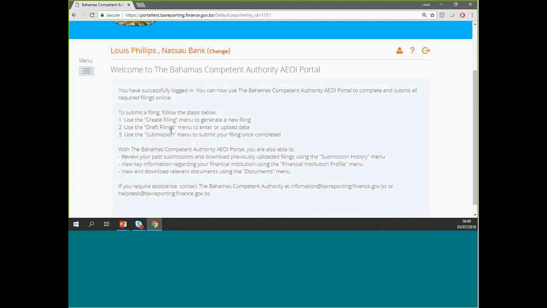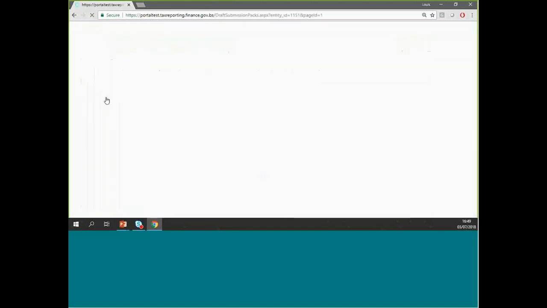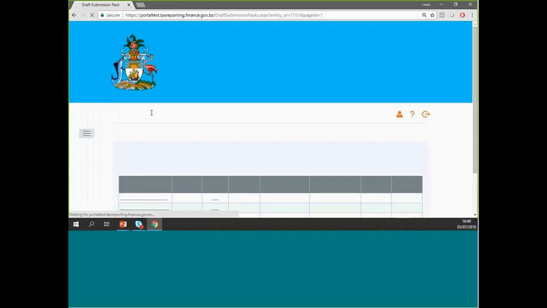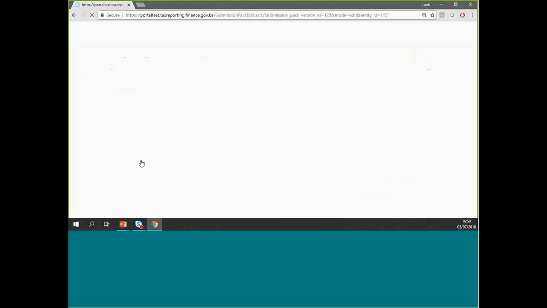So I have one prepared already, so it's in my draft filings area. So I go menu, draft filings. And we see I have a number of things here, but the one I'm concerned with right now is this here, CRS Germany 2017. So I click on that filing name, and that will open up the filing itself, and we'll be able to take a look at the forms that make that up,